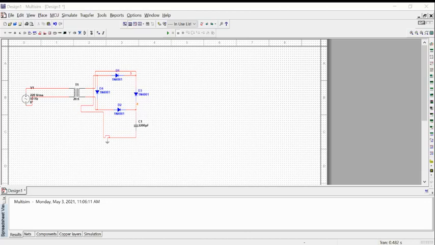This I just added. You can add more values for what you want to simulate, but I just want to simulate these two to check the voltage behavior after the step down transformer and a bridge rectifier. So I just added these two.